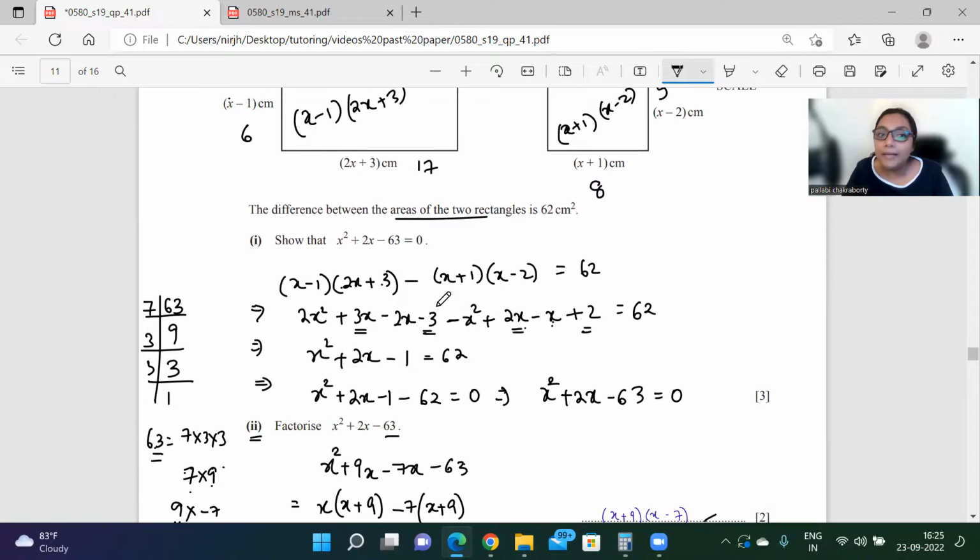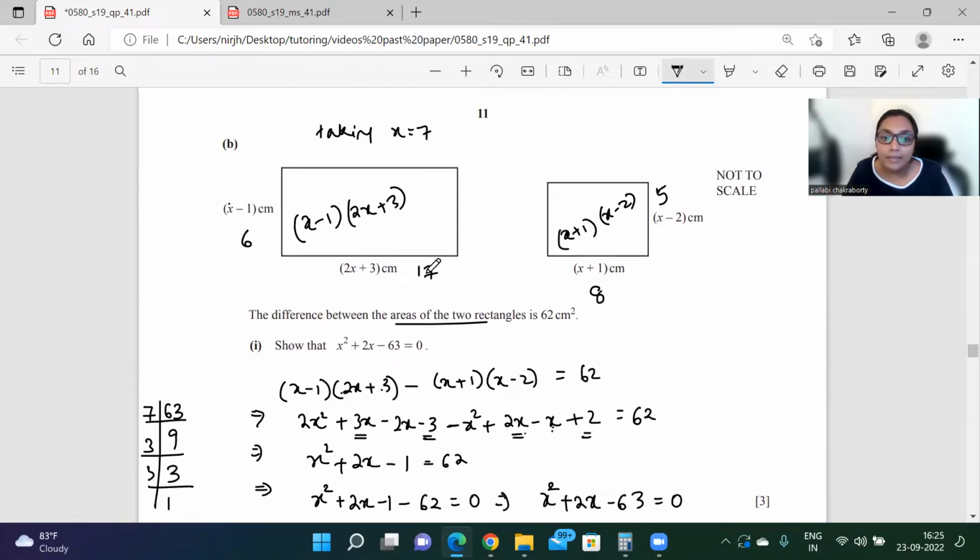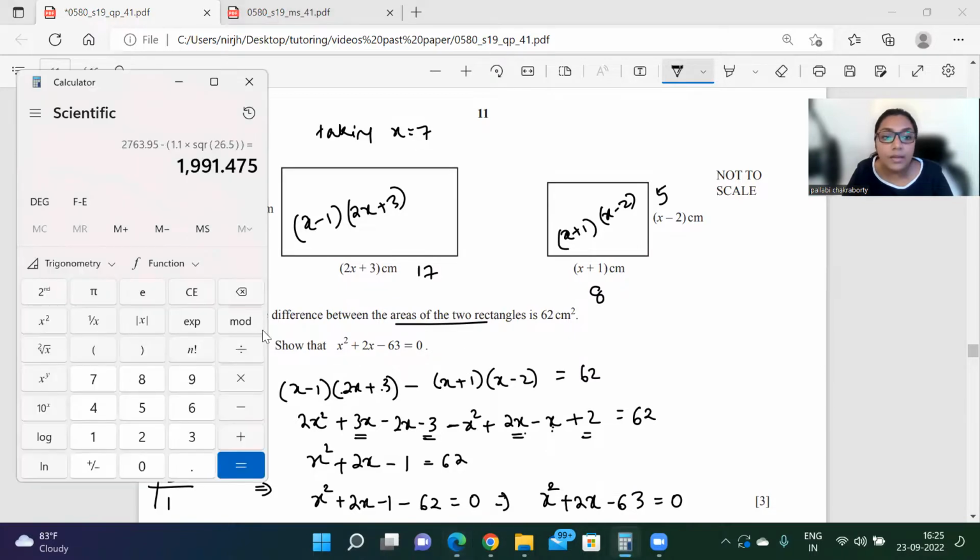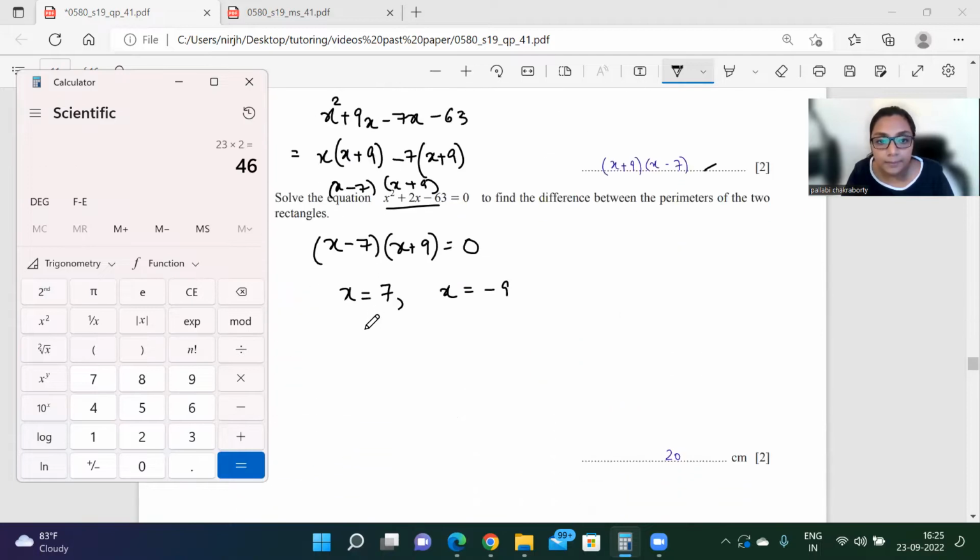So what will be the perimeters then? So the perimeter will be 17 plus 6 times 2. Let's do that. You have 17. You add a 6 to it. Times it with 2. Not 23, 2. So you get a 46. So the perimeter